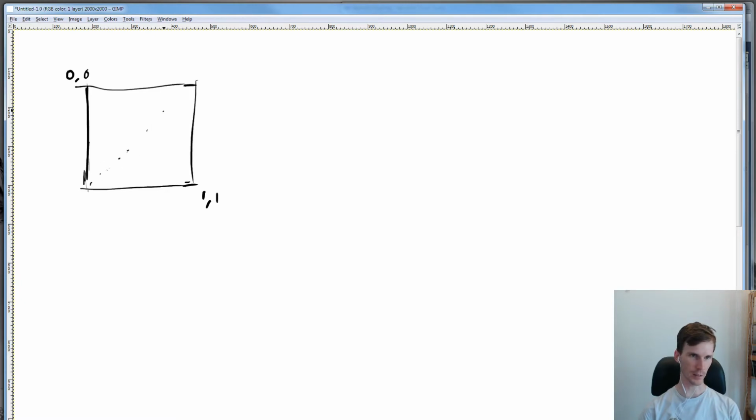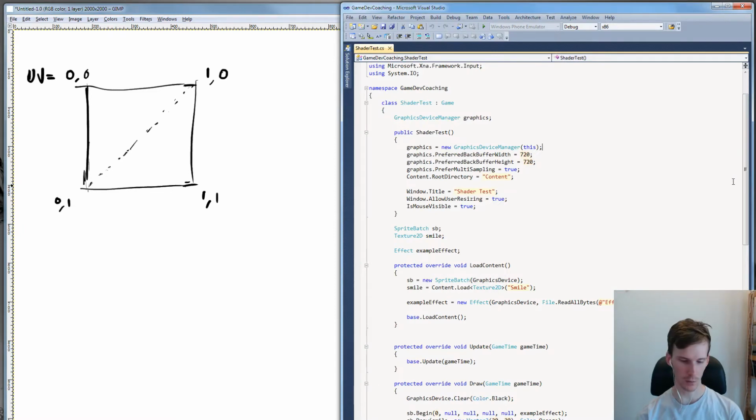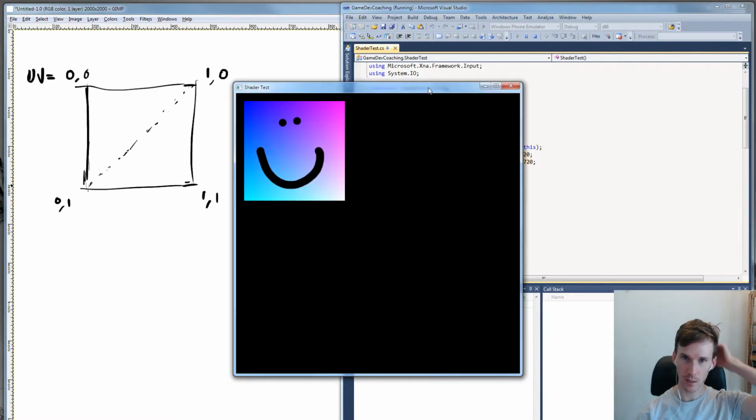When you're drawing something on the GPU, if we're drawing a sprite, it is actually a pair of triangles that gets rendered, and those triangles have the correct texture coordinates set on them. What I've just drawn here, the UV, is often what the texture coordinate is called, and it goes from 0, 0 in the top left to 1, 1 in the bottom right for your standard texture, and that's also the standard coordinate system for SpriteBatch.